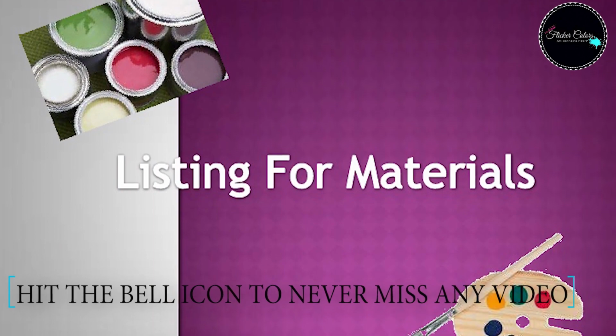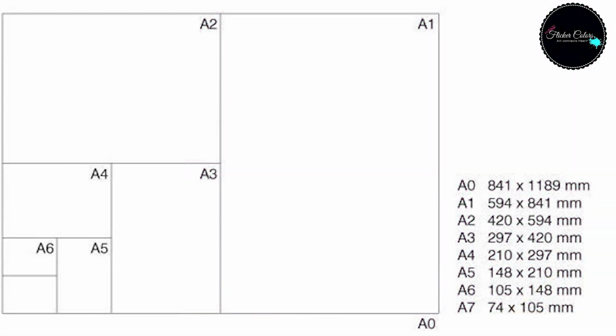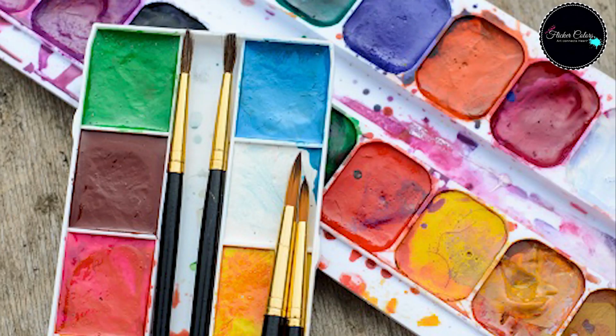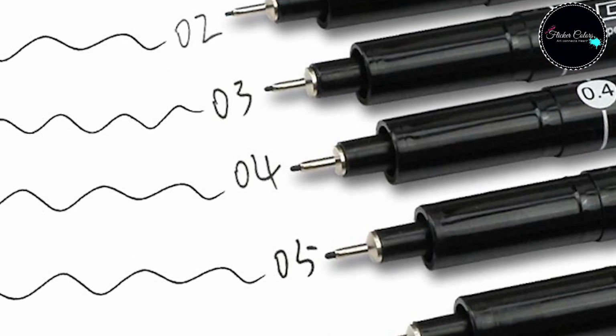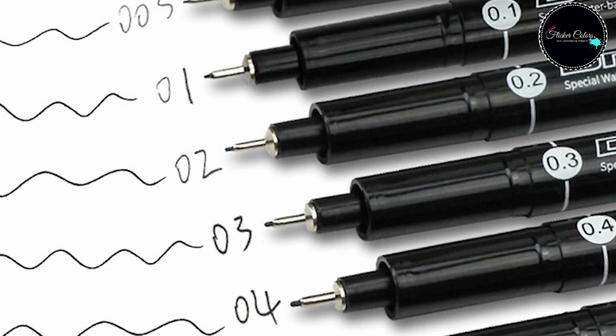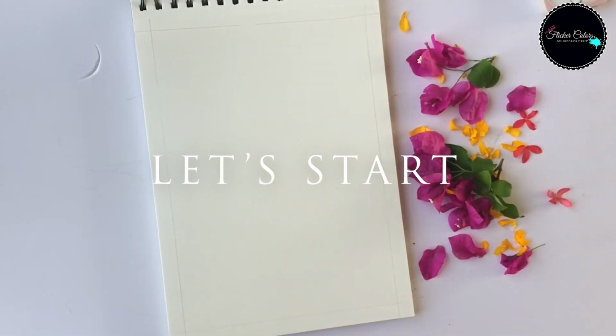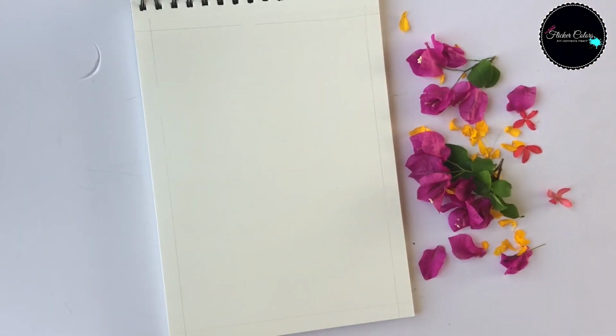Material required for this will be an A4 size watercolor sheet, pencil, eraser, watercolors, waterproof fine liners 0.5, 0.4, 0.3, 0.2, 0.1. To start illustrating the florals all together, we need a guide as to where we want to draw